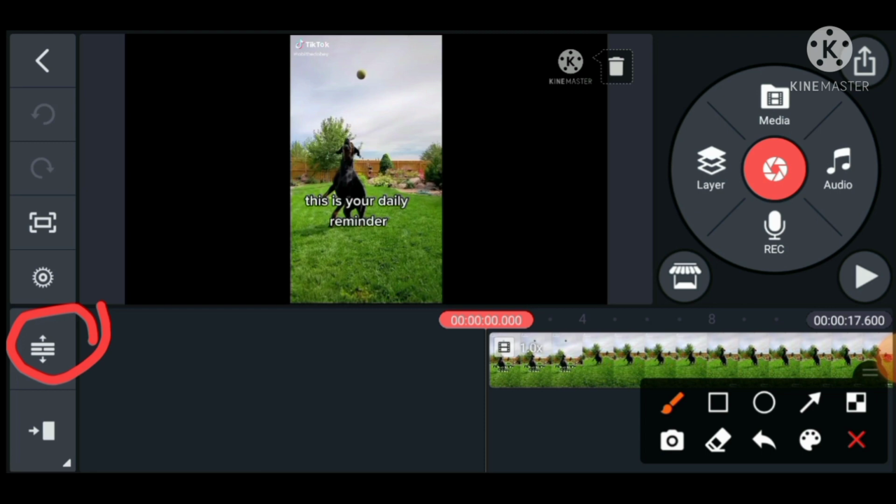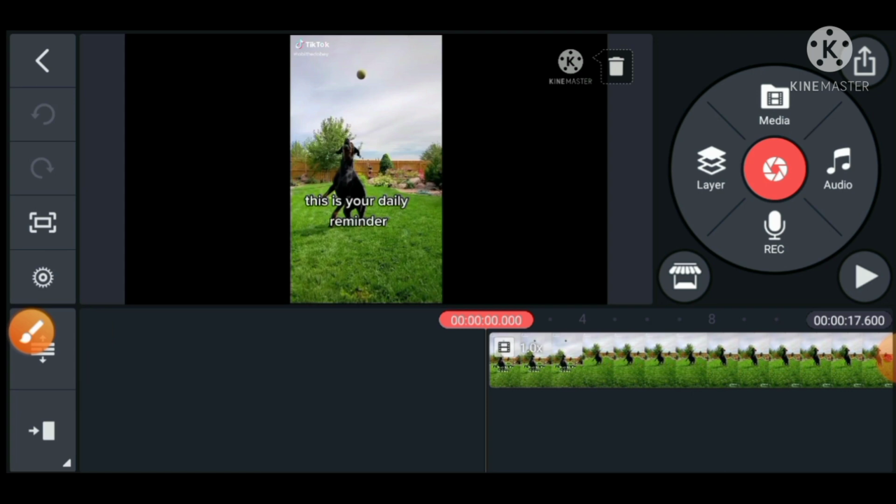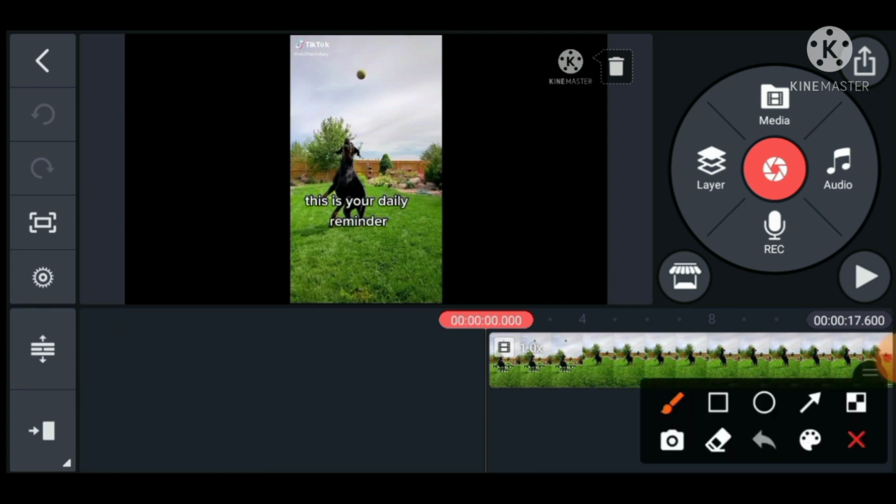So if I should get to add any other thing, they are going to be on what are called layers. So we can have only one main clip. Every other thing you get to add to this main clip is called a layer. Once you start adding your layers, this particular portion might not be able to contain the whole layer. So once you click on this,